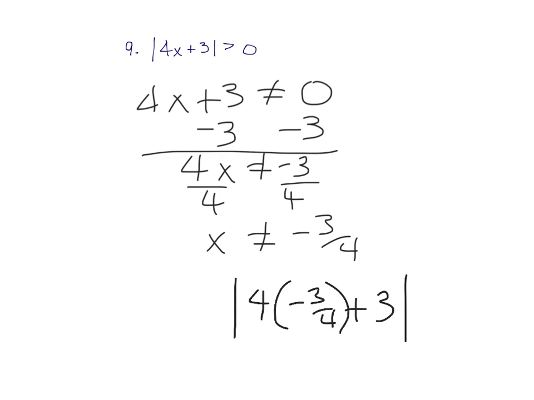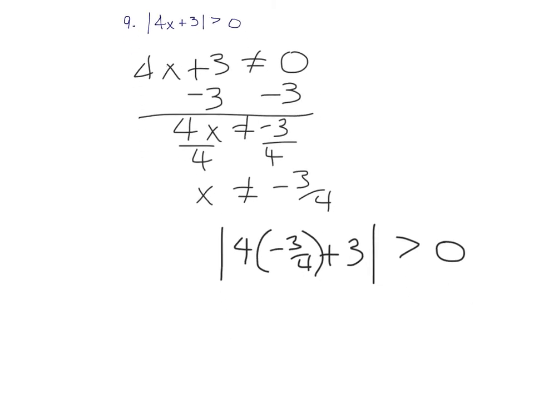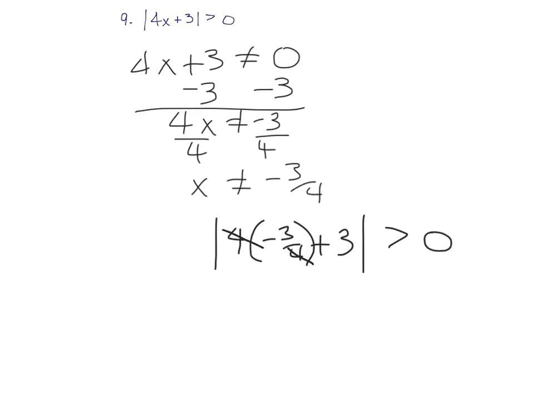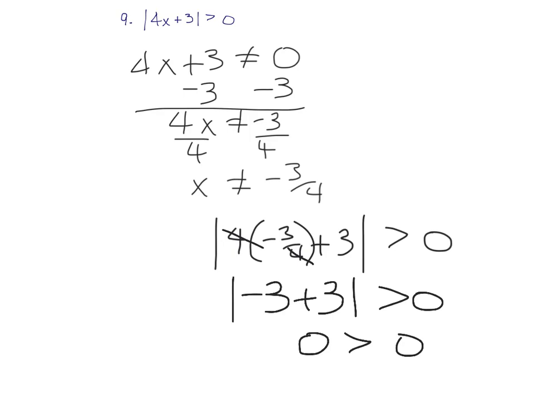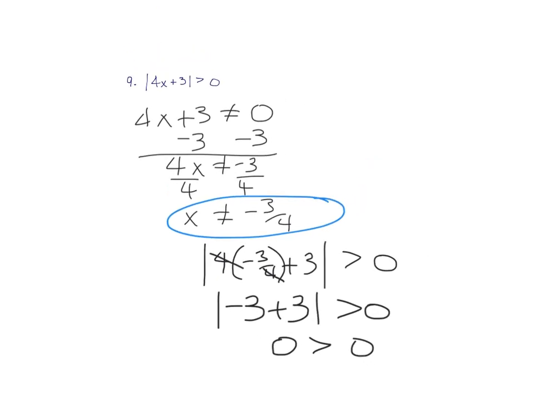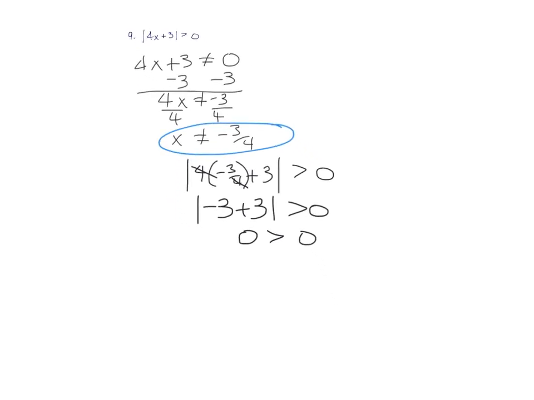and then I check to see if it's greater than 0. Notice here I'm going to get -3 plus 3 and I get 0. 0 is not greater than 0, it's equal to 0. So this would be the only time out of the whole number line that this inequality would not be true. Other than that, any number that you put in there will result in a positive answer, and it would be all real numbers. The way that you're going to write it for the union,